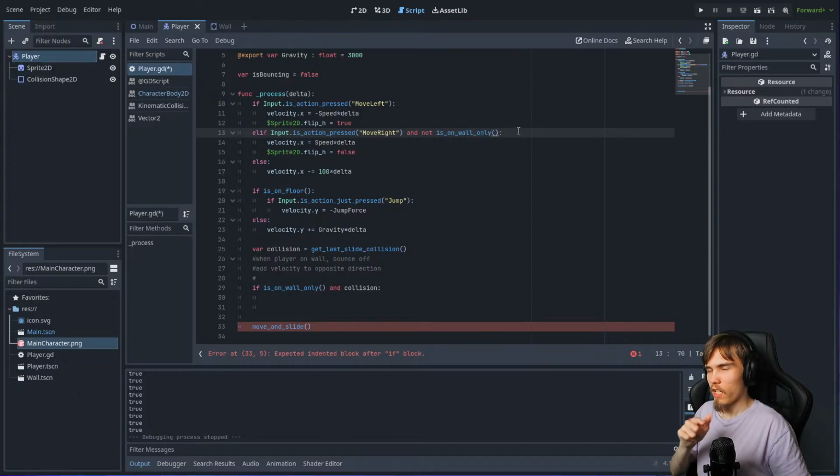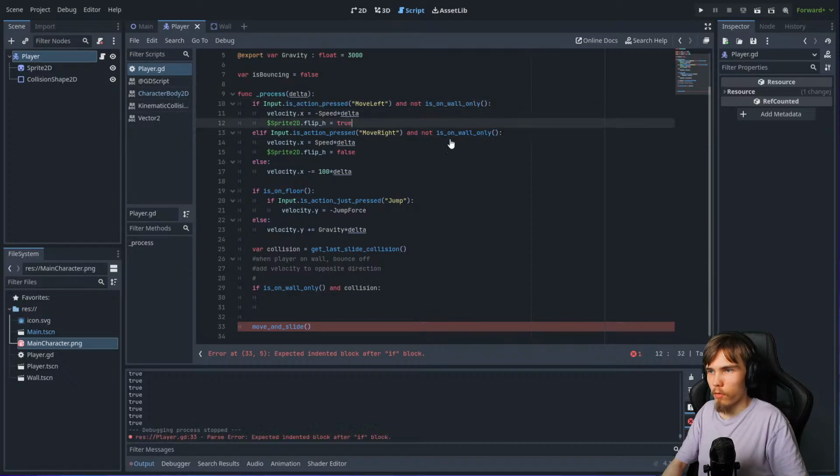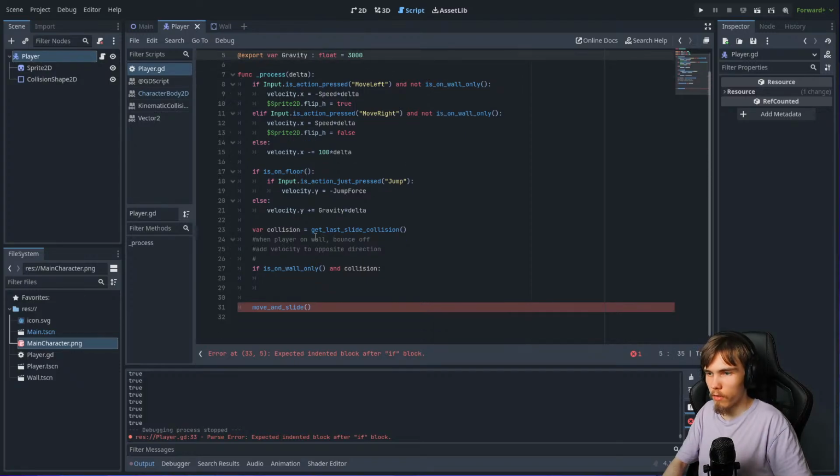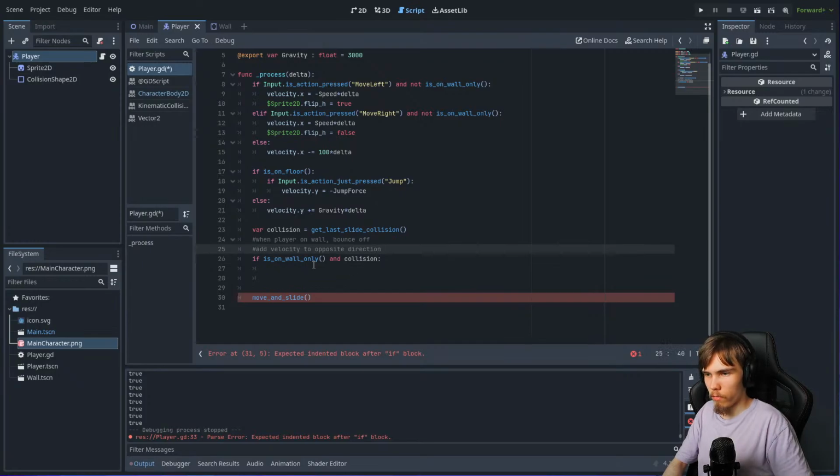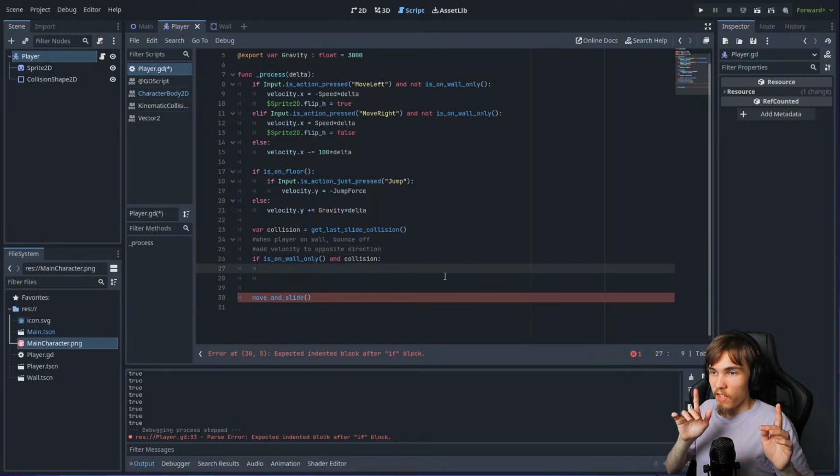Only because is on wall would return true even when they are pressing up against the wall, but not necessarily on the wall. Not is on wall, and this variable becomes obsolete. Is on wall only and collision. Then